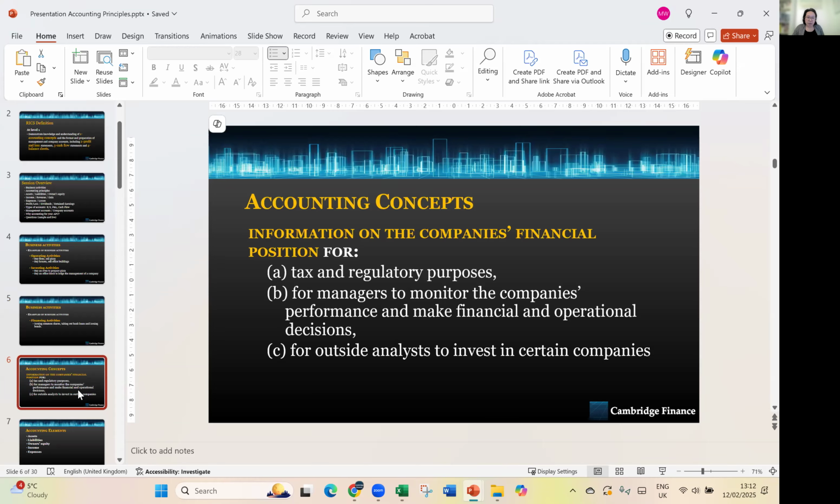Accounting concepts, we need just for information, because we need to understand what are the different standards for accounting. In the UK, you can say that we are operating on IFRS, then you have US GAAP, and then you have different standards. Because all those standards will tell you what you can actually put in terms of expenses. It's very structured. Like what can you put as expenses? What can you put as